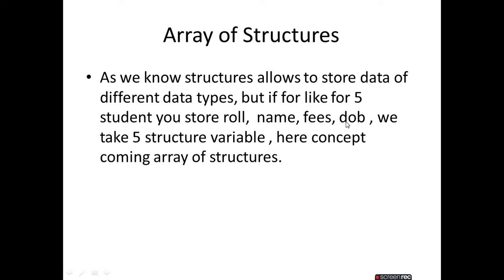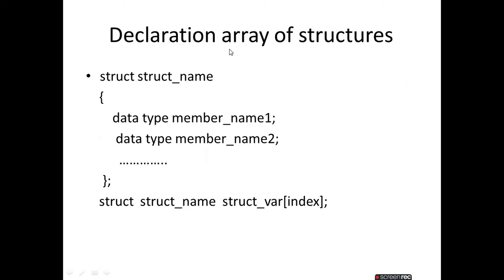It is also okay, but there is another way using an array, because basically we can use the structure as an array. There is a concept called array of structures. How do we define or declare an array of structures? Struct keyword, then struct name, data type, then member name 1, data type, member name 2, and so on. Completed. Struct student is the struct name. Then this is basically the struct array. Okay, array name, there is the index.